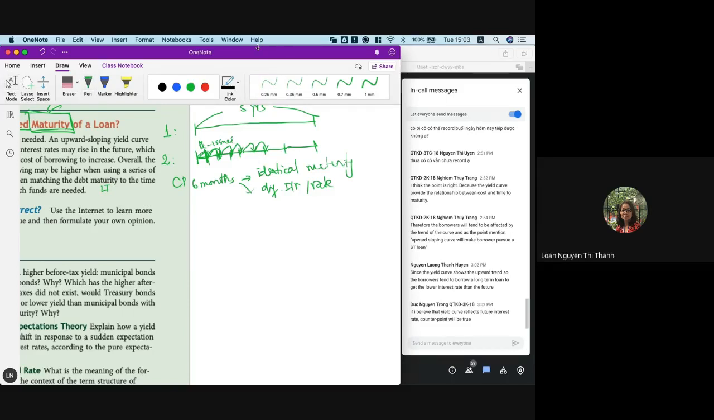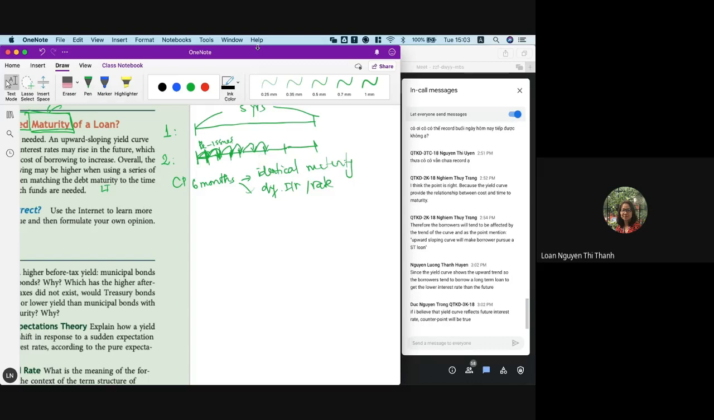Actually, each answer, the point and counterpoint, has some validity, but it depends on the expectation or the explanation. So I have to say that there is not a true or false answer here. Each answer has some validity, okay? If you believed